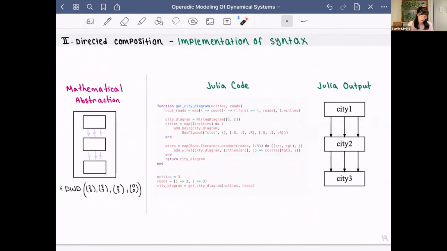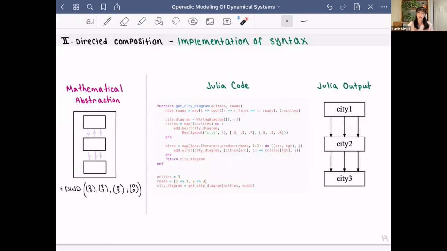And then let's take a quick look at the Julia code. So here we're switching up our diagram. We're going to look at this diagram of systems that corresponds to the multi-city SIR model. So we're thinking about people in city 1, city 2, city 3, and people flowing from city 1 to city 2, city 2 to city 3. And if we look at the Julia code, I actually want to pause because we see here, we specify the number of cities, the roads between the cities, so city 1 to city 2, city 2 to city 3. And then we've written a method which takes the number of cities and the roads and produces the correct wiring